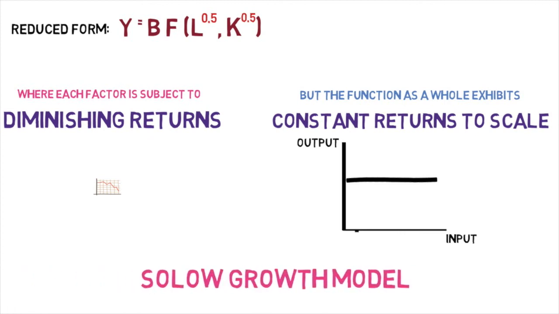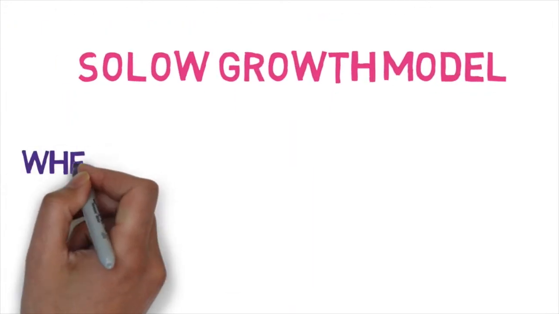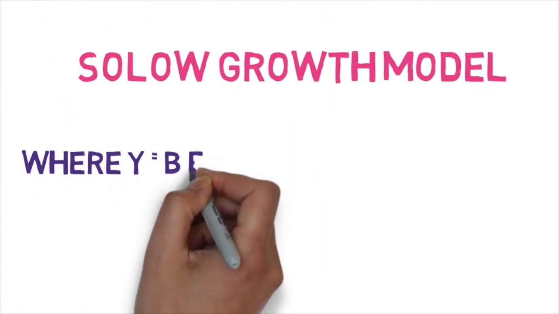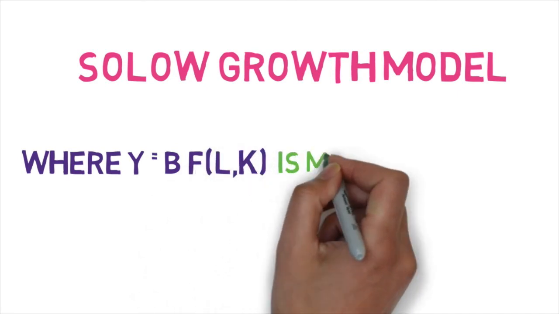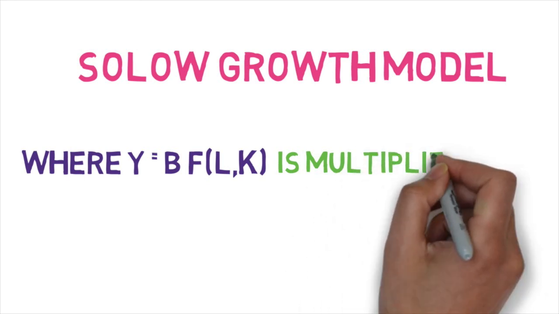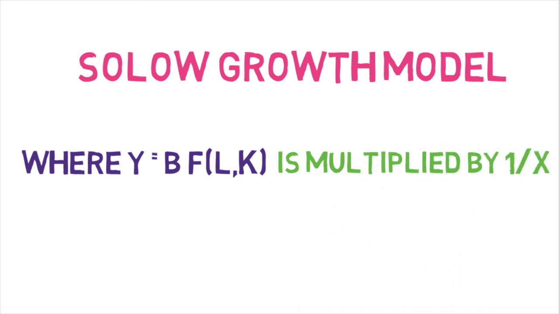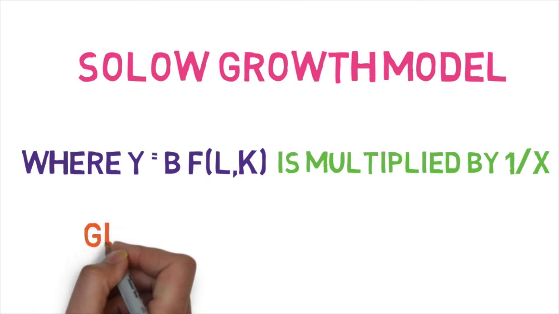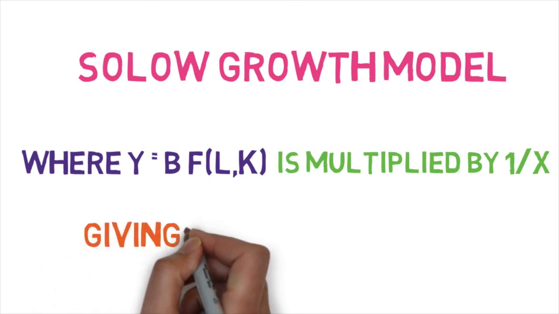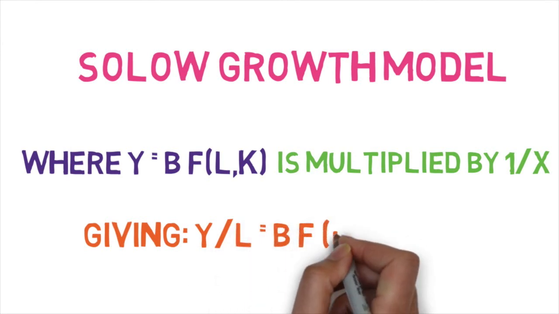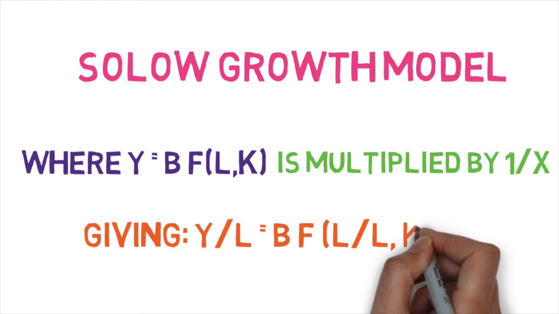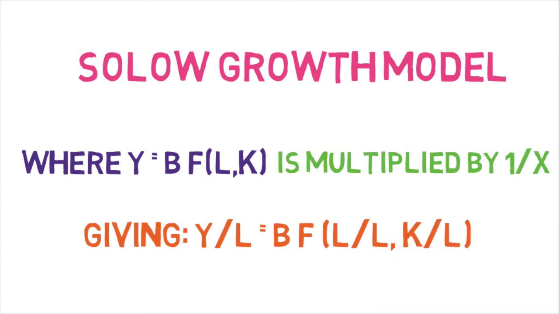So with these indicators now, what we can do is look at the Solow growth model itself. Within this model, we have the reduced form version where output is a function of capital and labour, and these are combined through productivity B. We adjust this slightly and we multiply it by a factor of 1 over L, and that gives us the following. So this gives us Y over L, which is the output per worker, is equal to beta, which represents productivity,